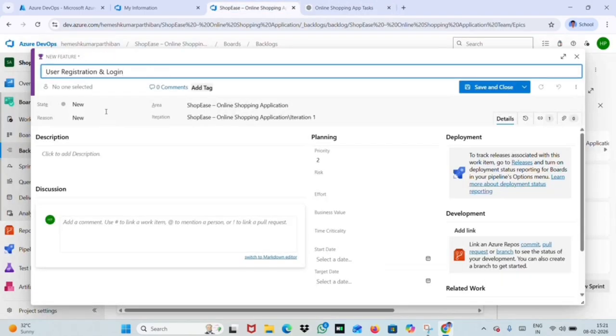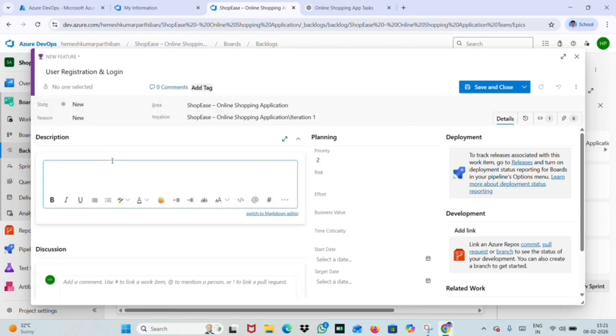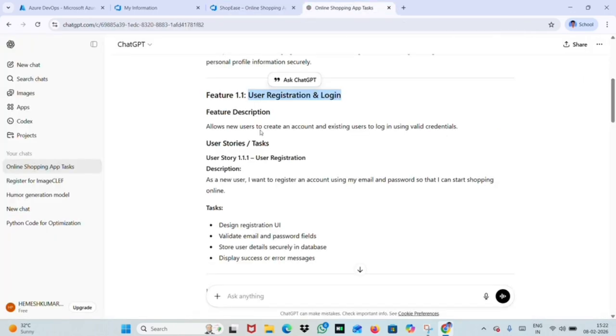Just paste it. If you want to assign this feature to any of your team members, you can see a box below with assign people. You can just type their name and it will assign this task to them. So I am not assigning this to anyone. If you want, you can assign here also, or else we can assign it after creating also. We will see that later on. So in the description you give the description about this feature. So I'm just copying that